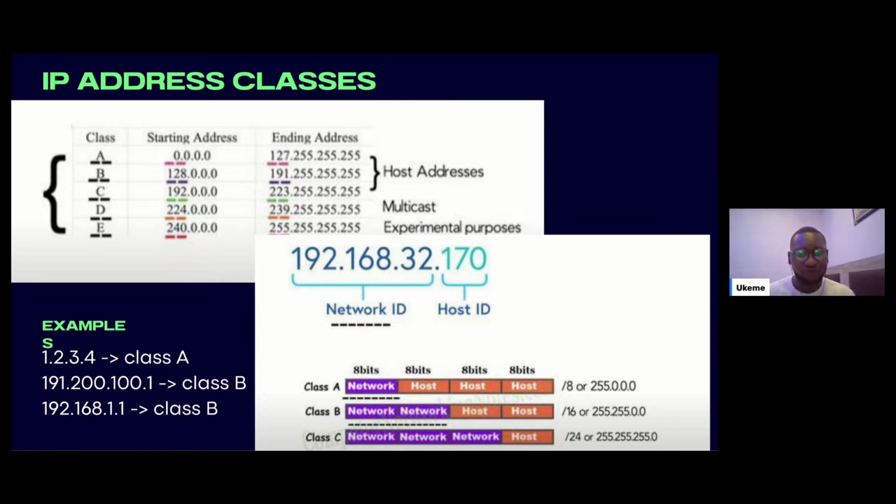Good. So now there's a very popular IP address. You should know it: 192.168.1.1, or maybe 192.168.0.1. If you use SpectraNet or MTN and you want to check, go into your router and maybe change some configurations, change your password, check who is connected and all of that. That's the IP address you use. So that's the IP address of that router. It's a very popular one.